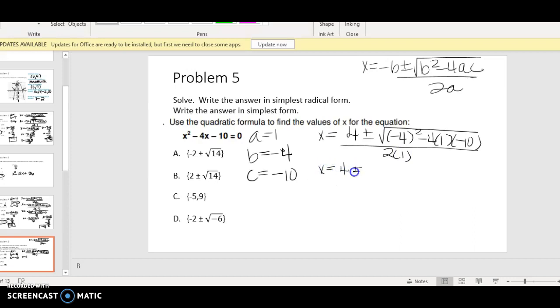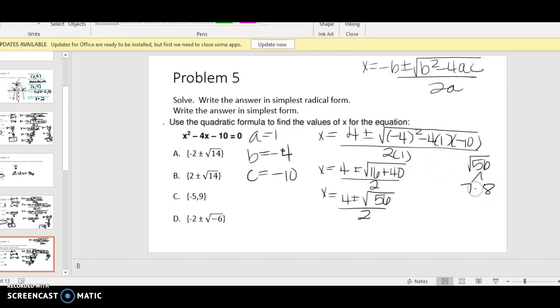So that's 4 plus or minus the square root of, this would be 16 plus 40, all over 2. So that's 4 plus or minus the square root of 56 all over 2. Square root of 56 reduces to, let's see,